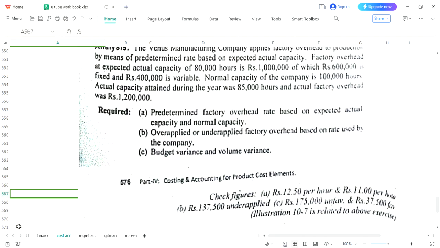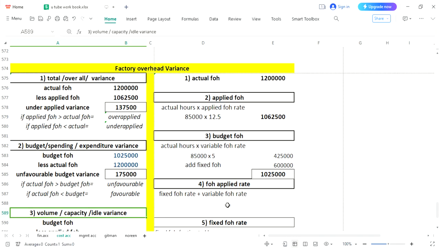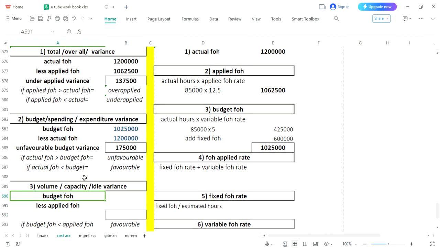You can see that at C part, first part of the C is budget variance. Here C, first part is 175,000. It has been mentioned unfavorable, and what we have calculated is 175,000 and unfavorable is mentioned. So two variances calculated. It's time to see our third variance, which is volume variance, relationship between budget and applied